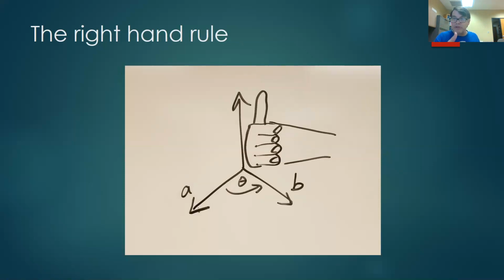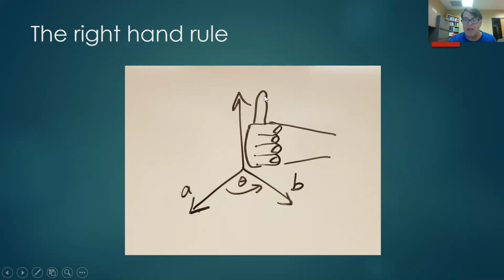And the right-hand rule tells me this. So what I'm going to do is curl my fingers to follow the direction. See how my fingers are following the direction of going from A to B. I'm going to use my right hand to do it. And so, ding, the vector is going straight up